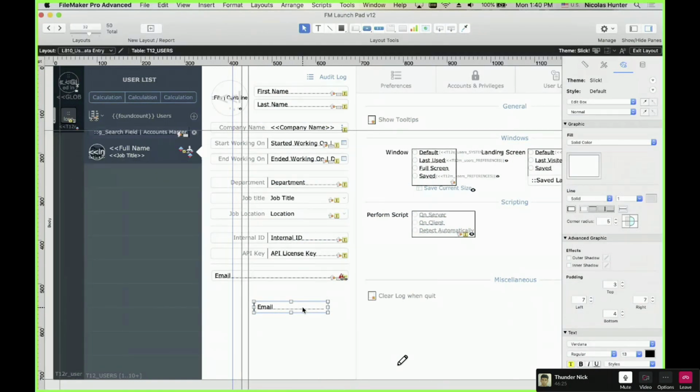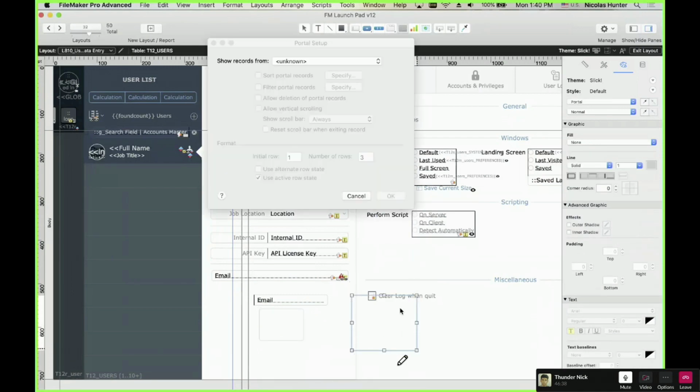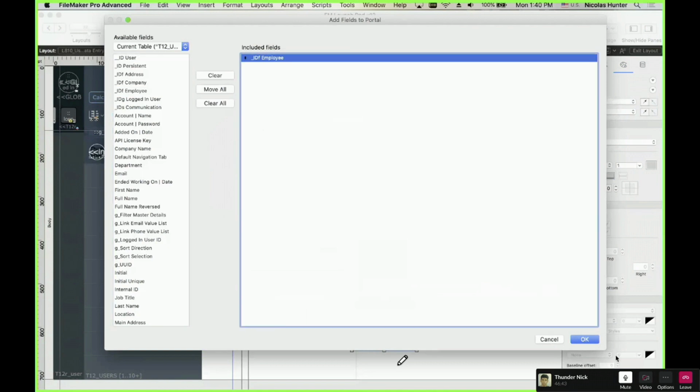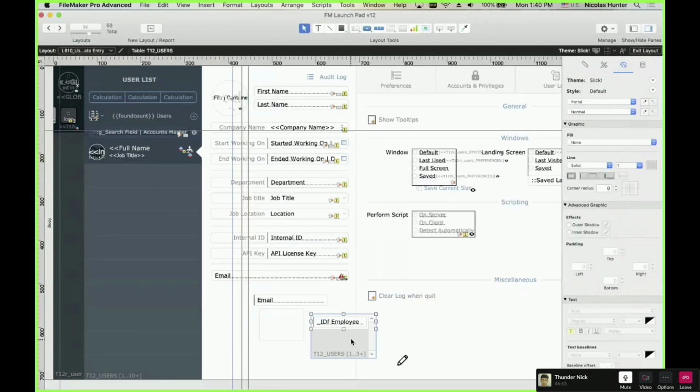But you have different categories of objects: fields, shapes, and portals. So you have different types of objects in a layout, and they all have different characteristics.